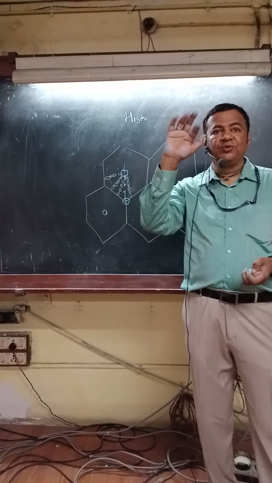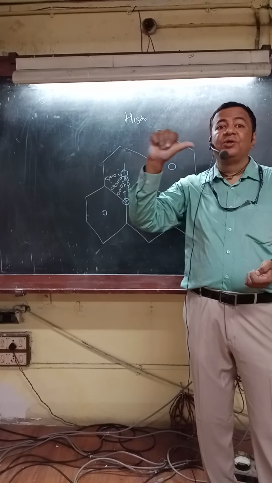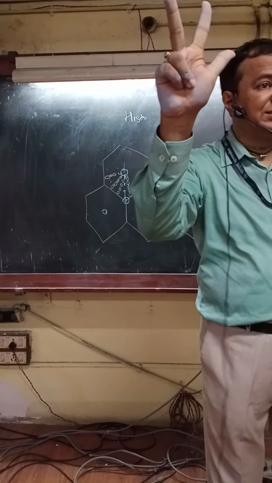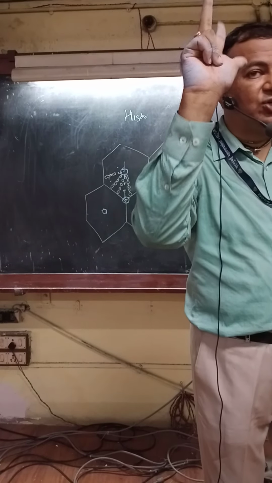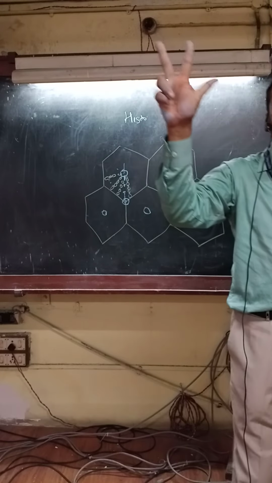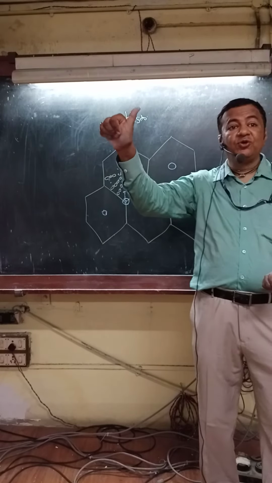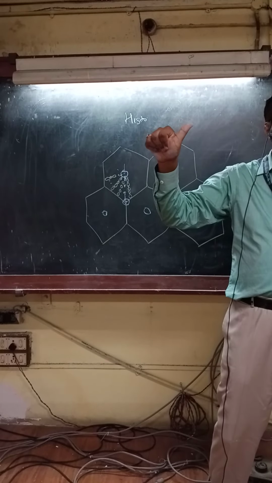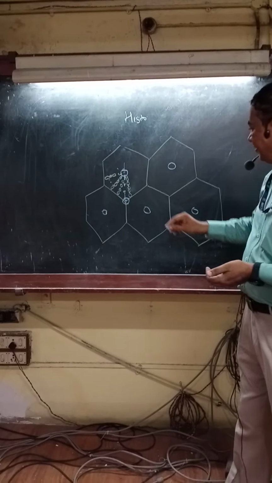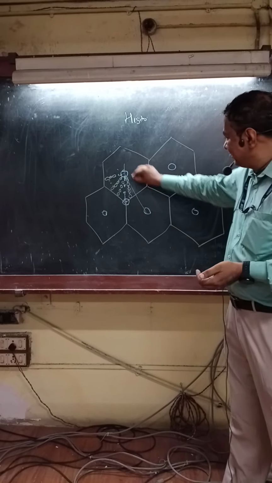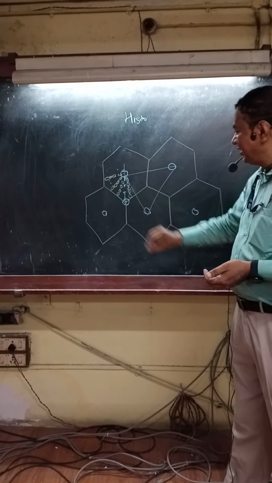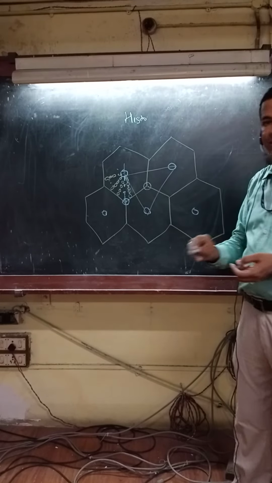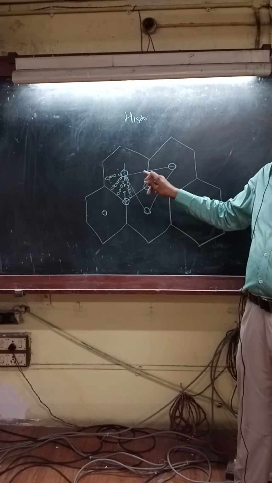So three things you have to know: what is the hepatic lobule, what is the portal lobule, and what is the hepatic acinus. Histology of the liver is all about these three things. Hepatic lobule: I told you, it is the area drained by a central vein. Now I unite these three central veins and I find a triangle. So what is the triangle? In between this triangle is a triad. These are called triads.